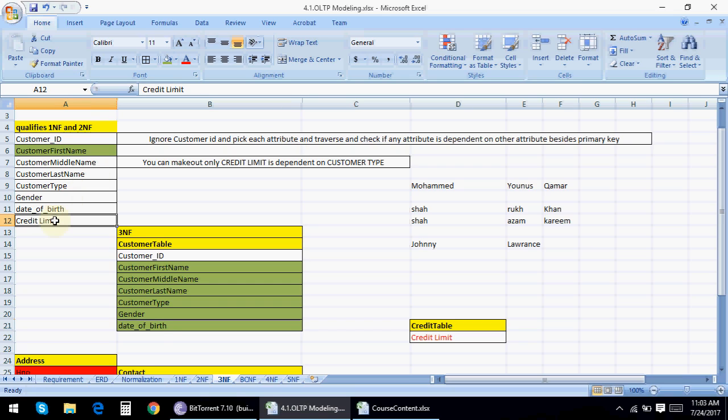Credit limit, yes, credit limit is something which has a dependency on the type of customer you are. If you are a permanent customer, your credit limit will be more. If you are a one time visitor, you will have no credit limit. So that's why I'm removing this particular attribute from the list of columns. Here I am placing it in a credit limit table. In this way, we have achieved 7 columns which are perfectly in third normal form, and the other columns are moved out of this third normal form table.